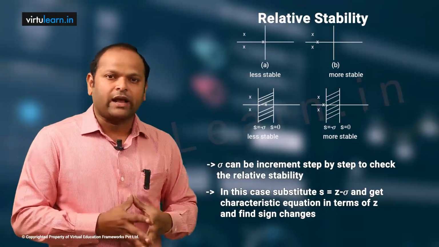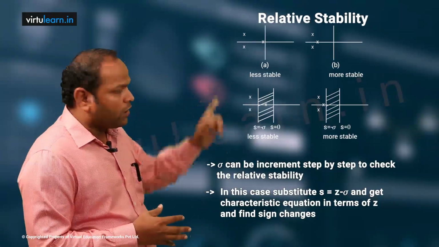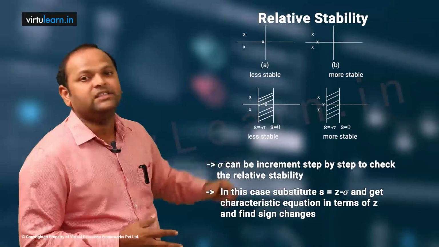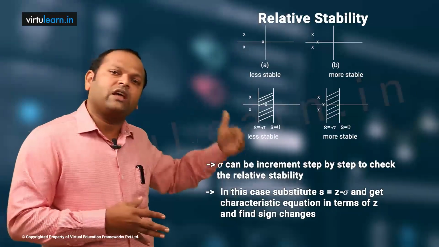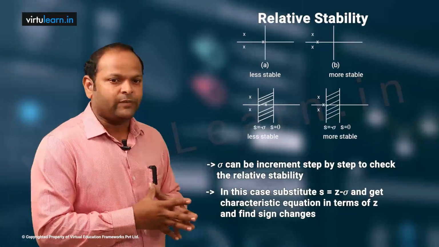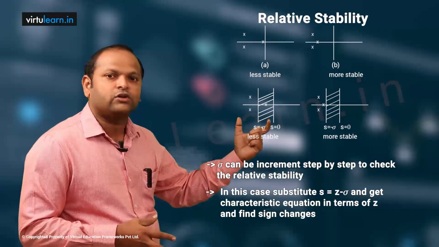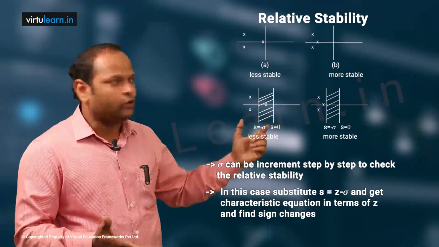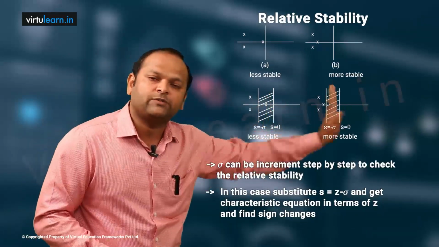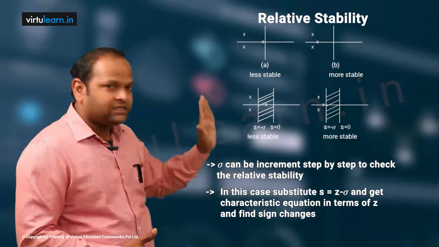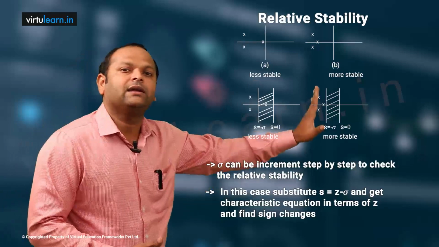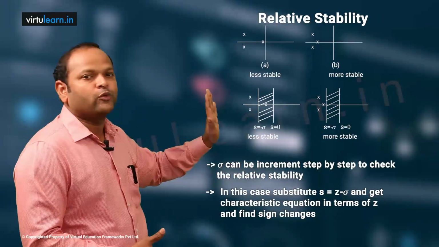And for that new characteristic equation, you form the Routh array and find out the sign changes. Even if there are no sign changes, which means whatever the sigma you are taking, in that region also you don't have any poles. We know that from s equal to 0 to the right of the S-plane there are no poles, and from s equal to minus sigma to the right side there are no poles, and all the poles will be